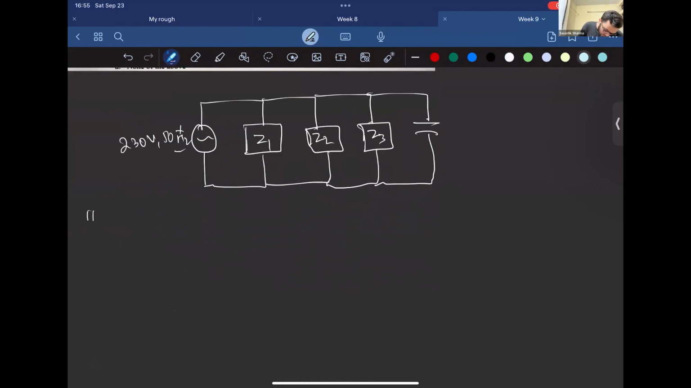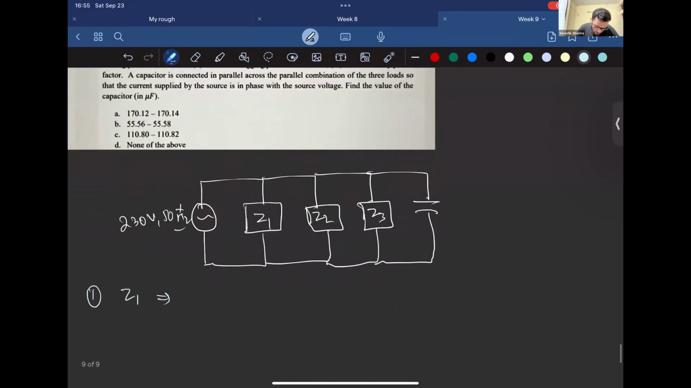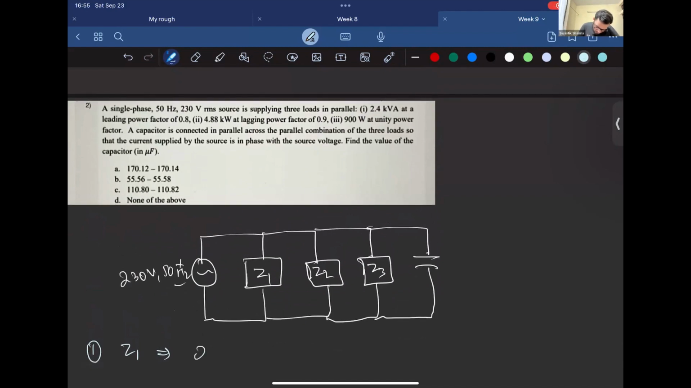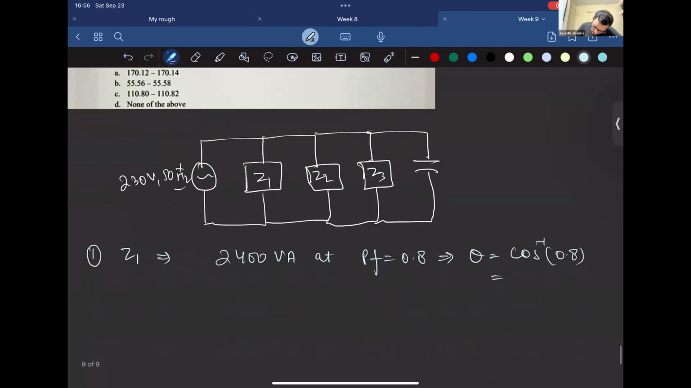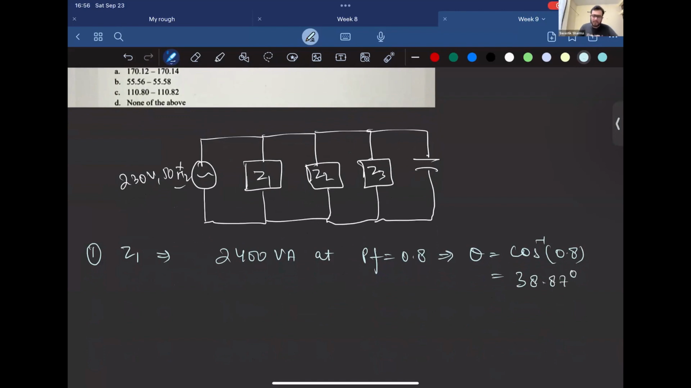So first we'll calculate Z1. What we are given is that it's taking 2.4 kilovolt ampere, so we'll write 2400 volt amperes of power at PF equals 0.8, which means theta is what? Cos inverse of 0.8, so it's 38.87 degrees. So can you tell me the relation between, so this is S,